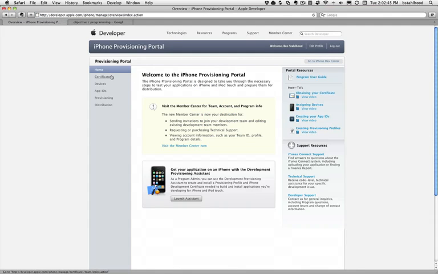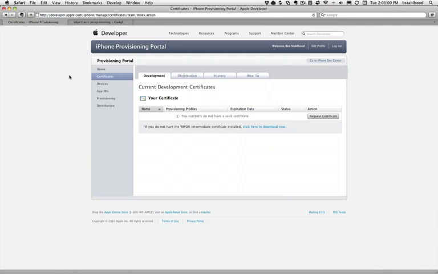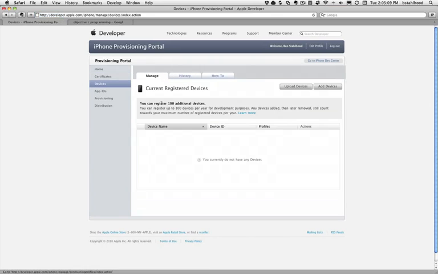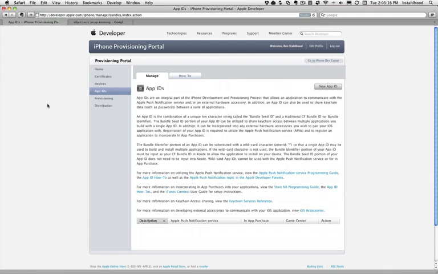Okay, here we are on the portal. The portal has all these sections on the menu here, and this is the flow you would go through. Normally you'd go through here manually and generate your certificate requests and add them here for development and distribution. You add a device, and this is where you add your UDID. You create an app ID,